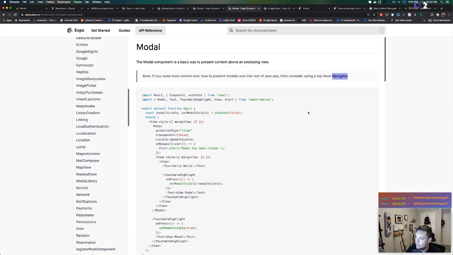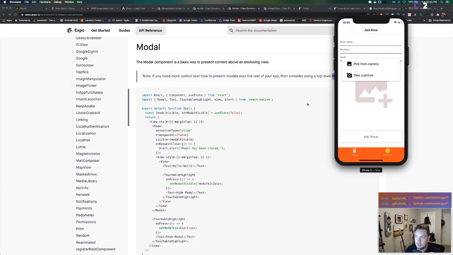Top level navigator. Yeah, so we could have put this in a navigator in React Navigation, and that would give us the swipe to go back and the ability to close on different button clicks. We might want to do that, but this is pretty simple. So for now we'll just add a nice close button. We could put it at the top as an X, or to the side, or have a little close button at the bottom, just to see what that looks like. So for that, what we'll do is